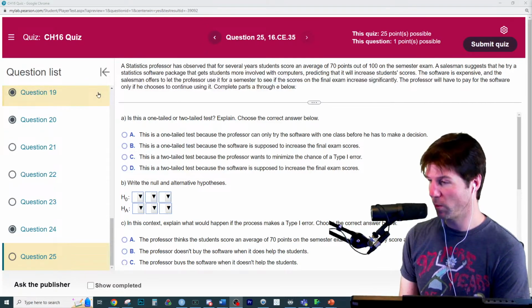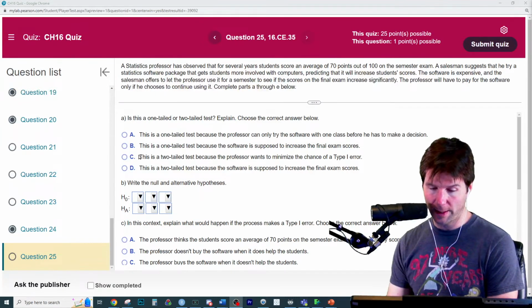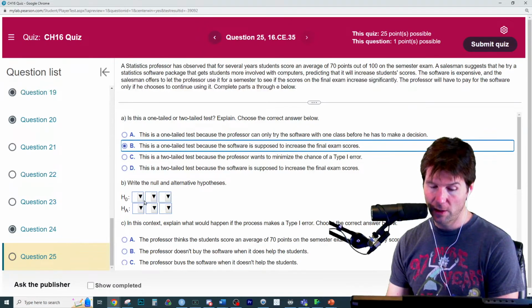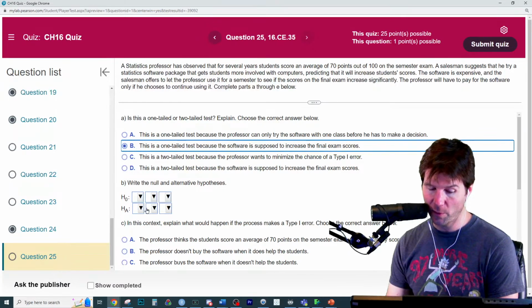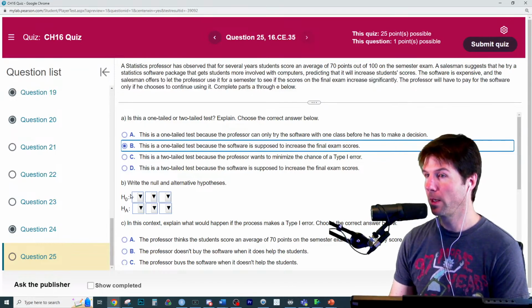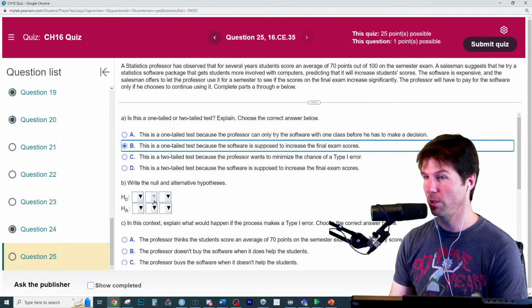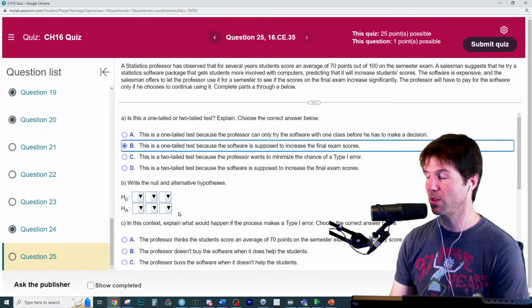So it's one-tailed, yep. And so it's supposed to increase. So which blank, 1, 2, 3, 4, 5, or 6, did we just find the answer to? We just found the answer by saying,